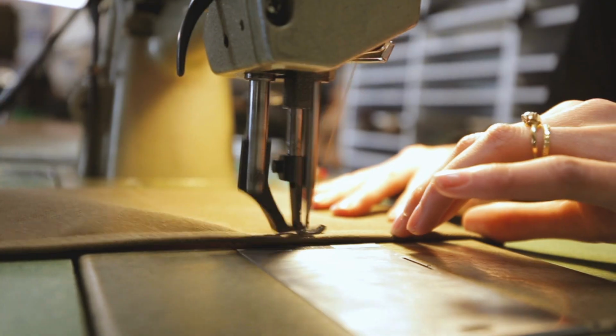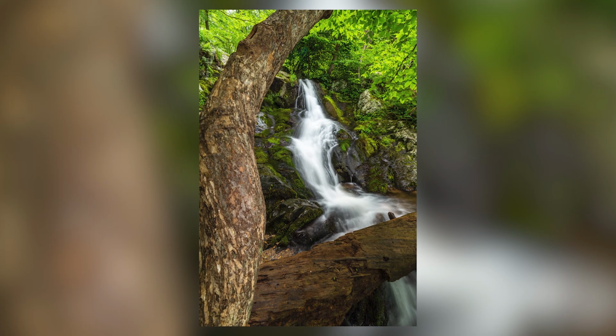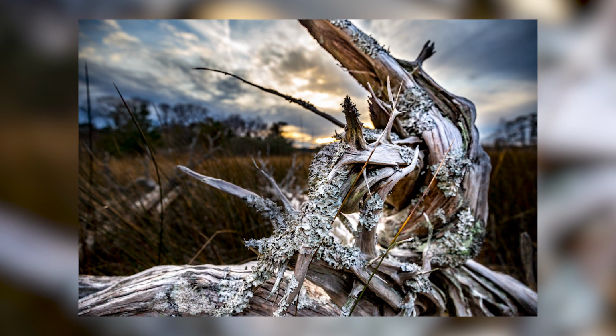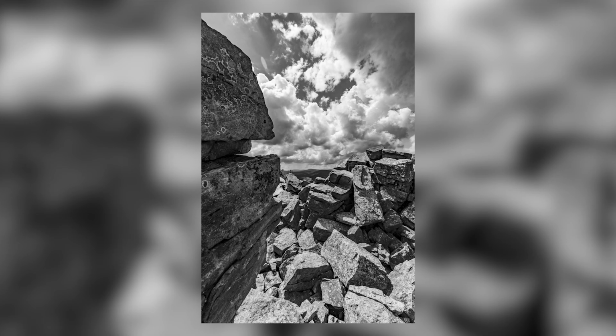Let's talk about aperture real quick. Now this lens's max aperture is f4, which isn't the best, okay? I usually like to have at least 2.8 in my lenses, but I primarily use this lens for landscape photography, where I don't need that extra stop of light. I'm not shooting anything low light really. And if I am, I'm most likely using a tripod, so I don't need that extra stop of light